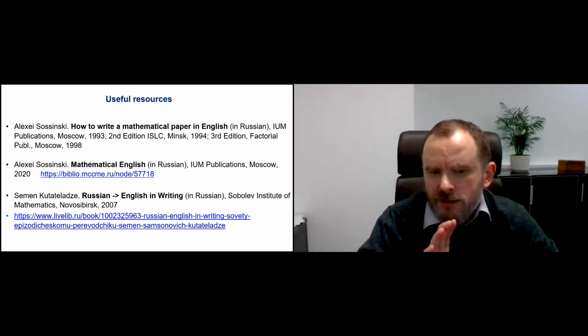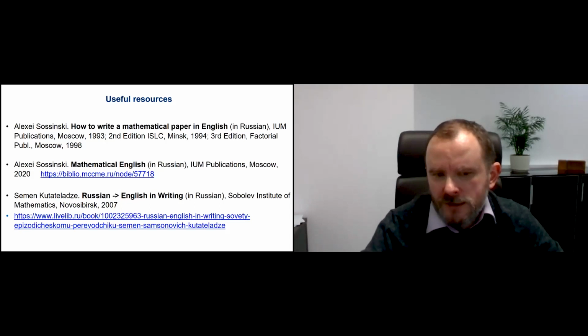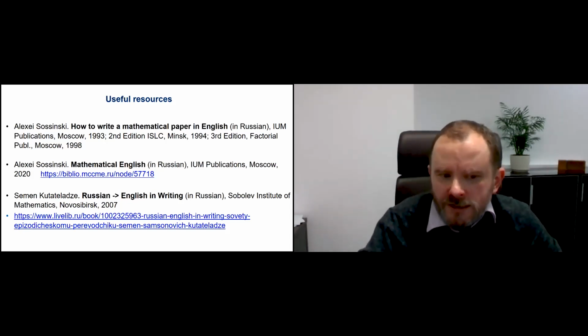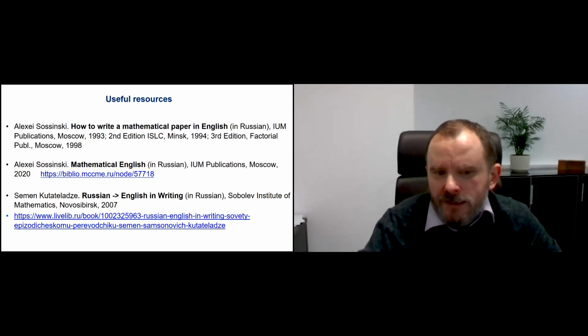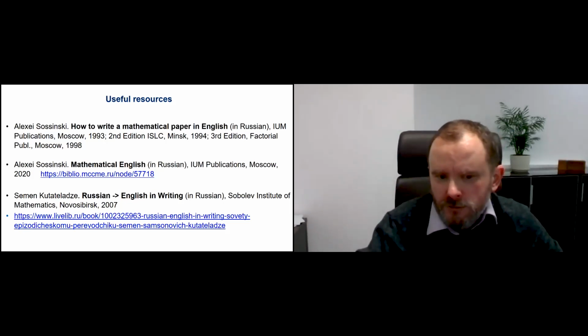But even the best translators cannot understand the details. And their translation usually includes some mistakes because they are not mathematicians in your narrow area. So it is much better when you study this basic mathematical English and do the translation by yourself. Or usually you don't do translation, you just write your paper in English. And some mistakes, yes, are possible.